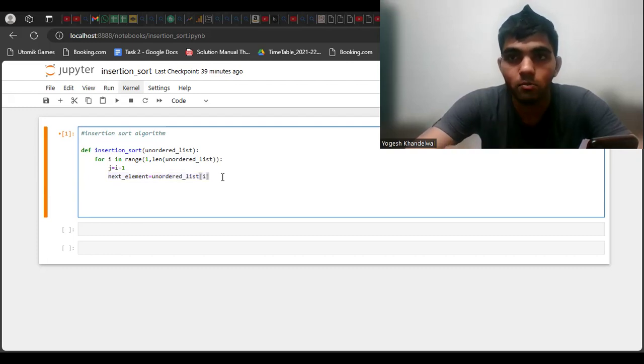So we take initially both elements, first and second. I am saying in insertion sort we initially take two elements.